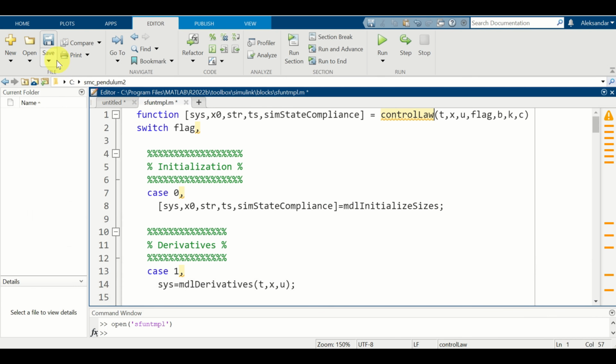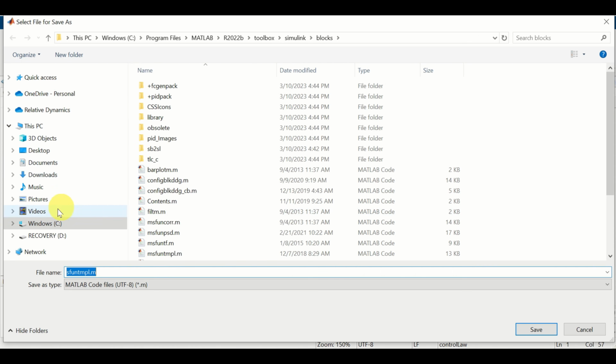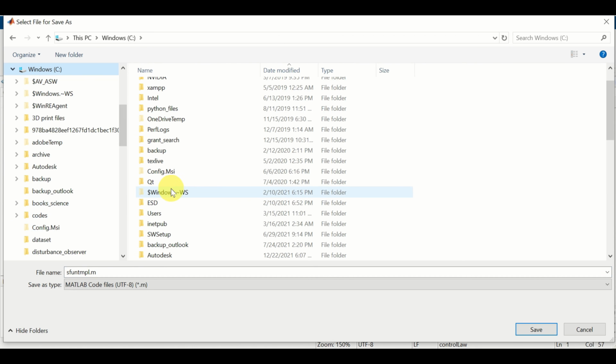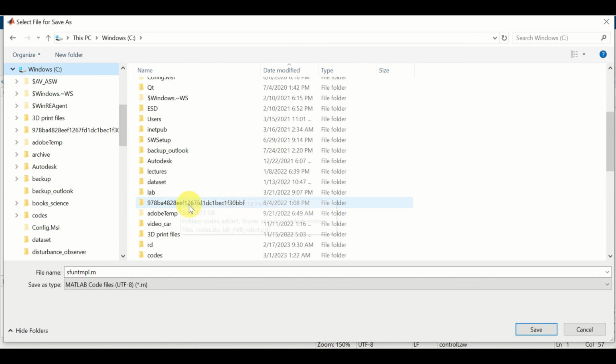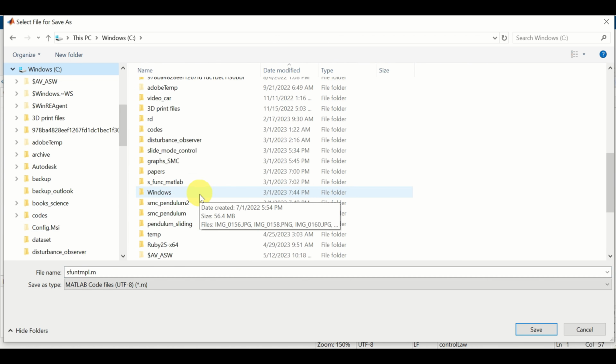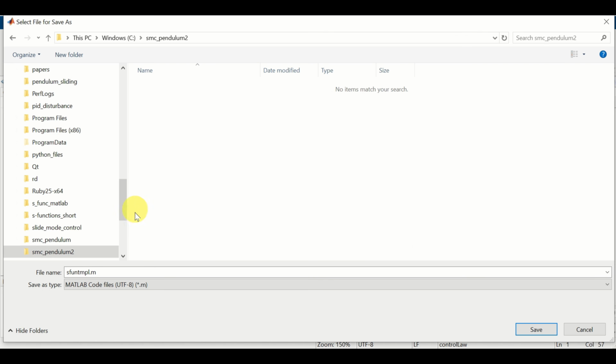Oops, I made an error since I cannot save in this folder. Save as, and then let's save it somewhere where you like. I will save it on my C drive. In fact, I created a special folder for this project. Here it is, and I will call the file